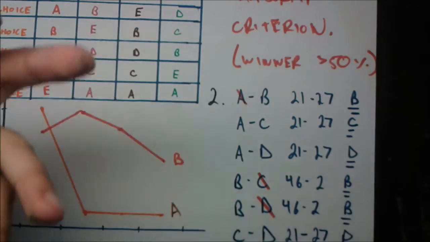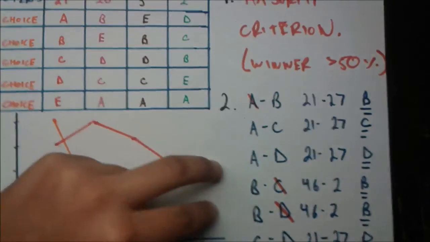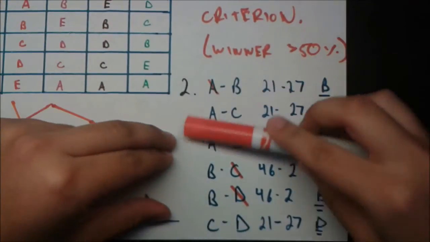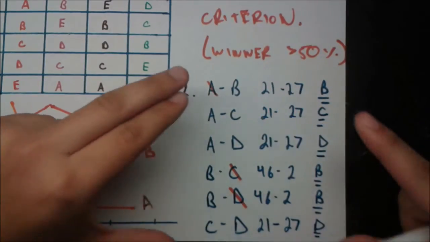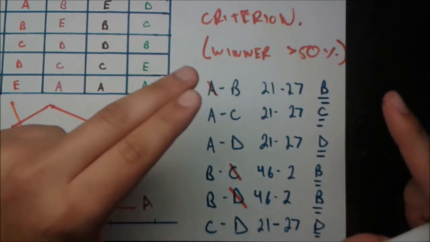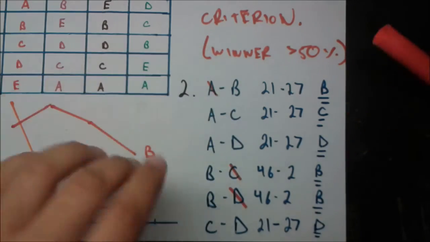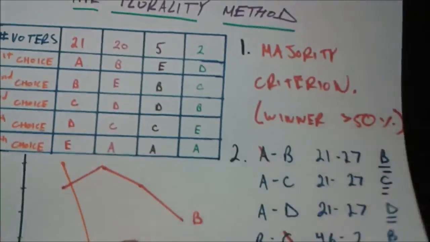This is just a different criterion. So usually when we think about the winners of an election, we think about, oh, most first place votes. We don't think about this because it's kind of more complicated. But now that we have this in front of us, already done, it seems very convincing that B should be the winner because against each person, he wins. And this has a name. This comparing each candidate to each other candidate has a special name. It's called